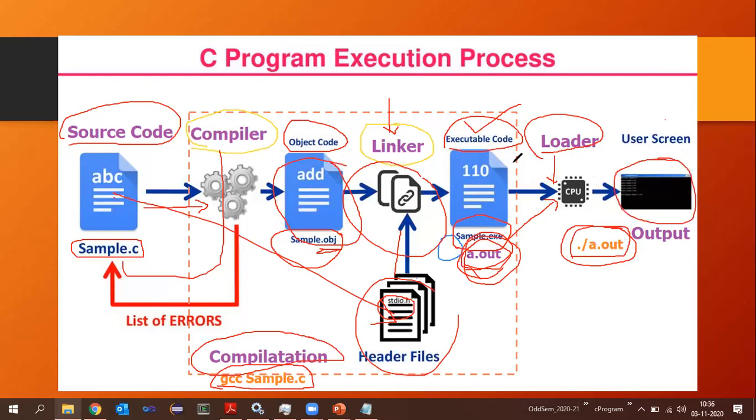Once that is done, we will get the output on our screen or monitor. This is how the entire process of execution takes place: the first step is writing the program, the second is compilation, then the third is execution. I hope this particular slide is understood. If there are any doubts, not to worry, we will keep revising these things after certain sessions are over. Any questions, students, as of now?